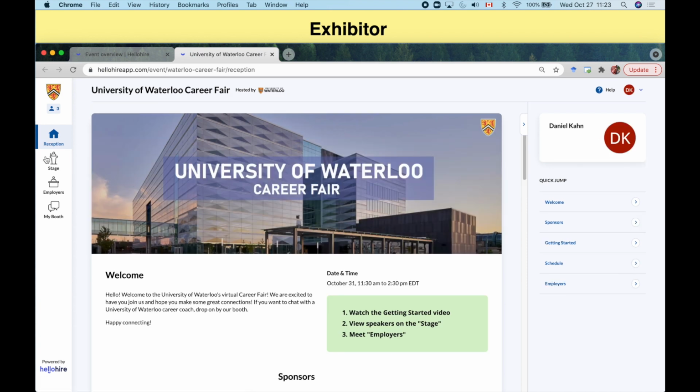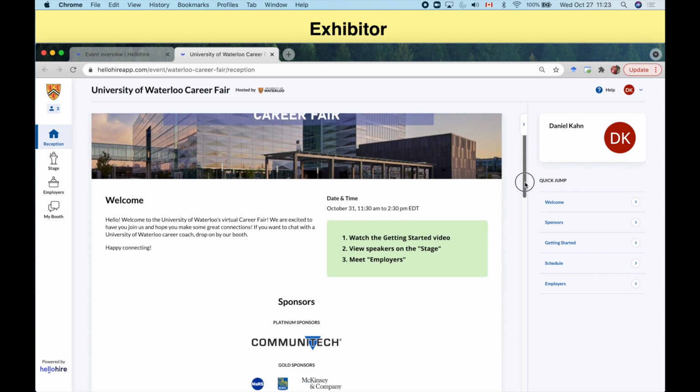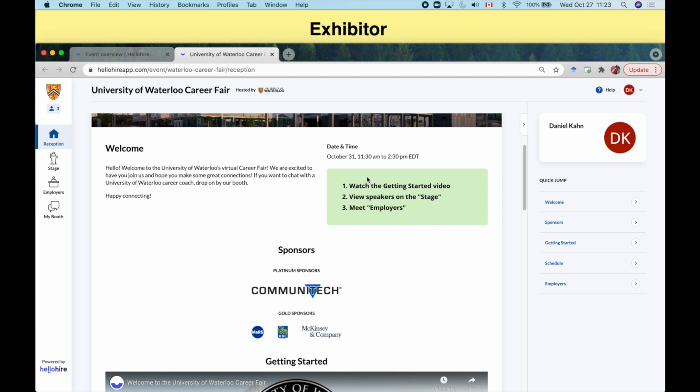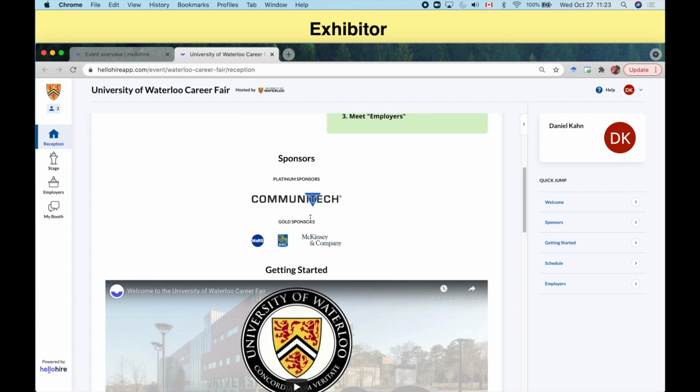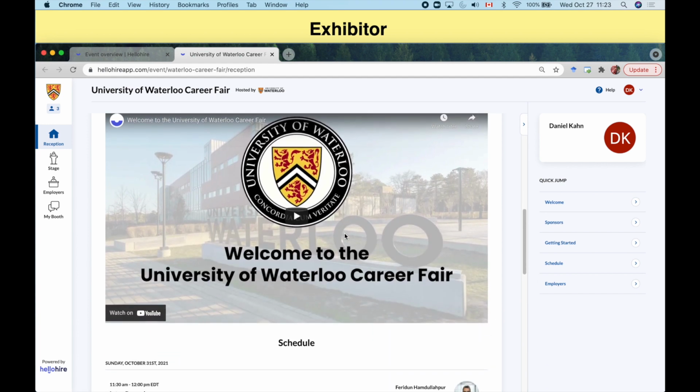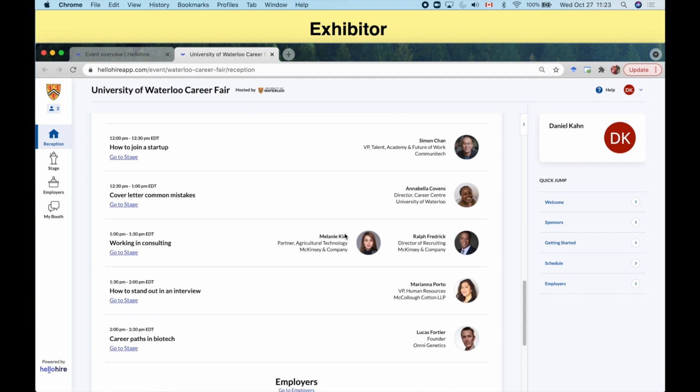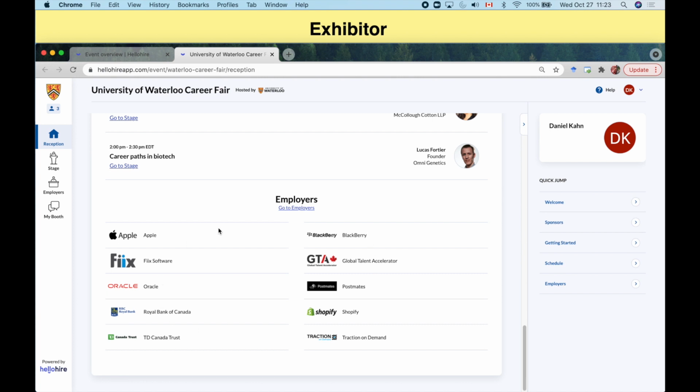Once we enter the event, we start on the reception tab, which is the same for you as an exhibitor and is the same for attendees, so you're seeing the same information. The information that's displayed on the reception tab can differ from event to event, so you might not see all of these pieces of information, but you might see a welcome message, some instructions for the event. Some events have sponsors or a welcome video. There could be a schedule of events and the list of exhibitors for that event. Let's go see what the event looks like from the perspective of an attendee, and then we'll come back to exploring further as exhibitors.